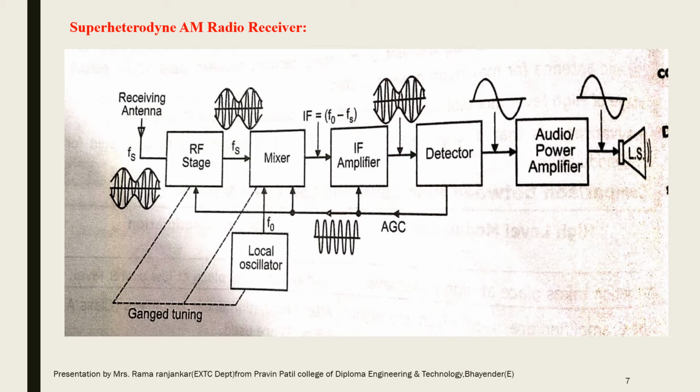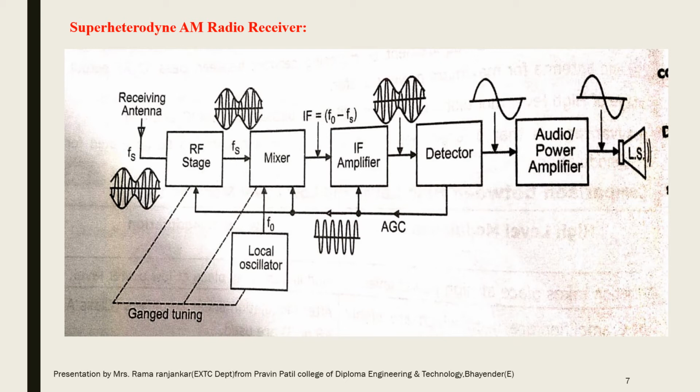Now further this output is amplified by the IF amplifier. After amplification by the IF amplifier, the output passes towards the detector circuit. The detector has again a local oscillator block. So by combining or comparing these two frequencies, intermediate frequency and local oscillator frequency, to each